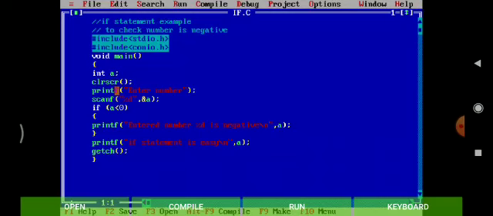We will take this number from the user. Then here we have used an if keyword, given a condition that when a is less than 0, it should print entered number is negative. Then this is followed by another printf statement. If statement is easy. So now we will run this program and see how it works.